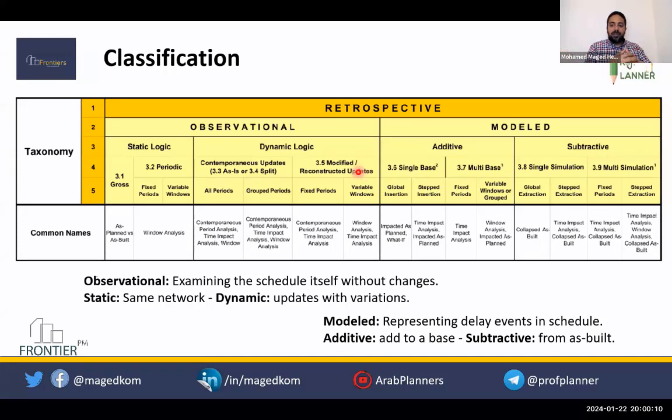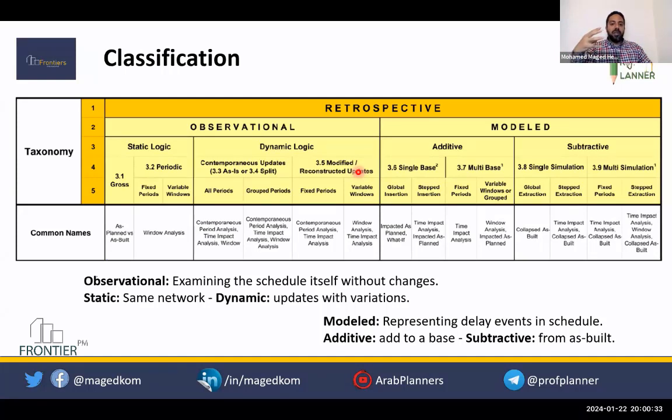In many cases, even in the UK, they called an expert, and the expert did a detailed delay analysis and submitted different reports, and the court rejected all these reports because they were not reasonable and did not go with common sense.